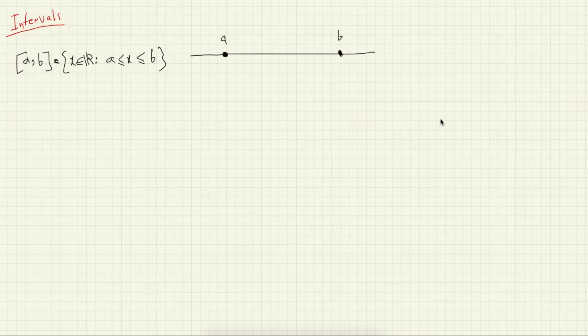Okay, this is the interval AB. This is called the left bound, or sometimes we call it the lower bound, and this is the upper bound of the interval. So x belongs here. For example, if I take the interval 0, 1, this interval contains infinite